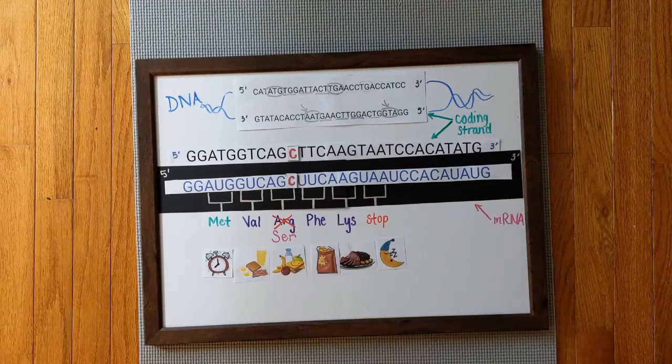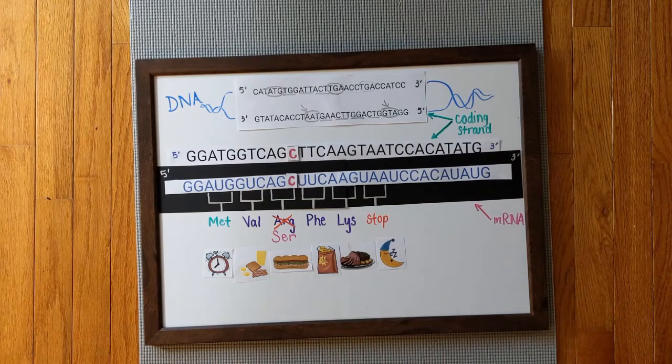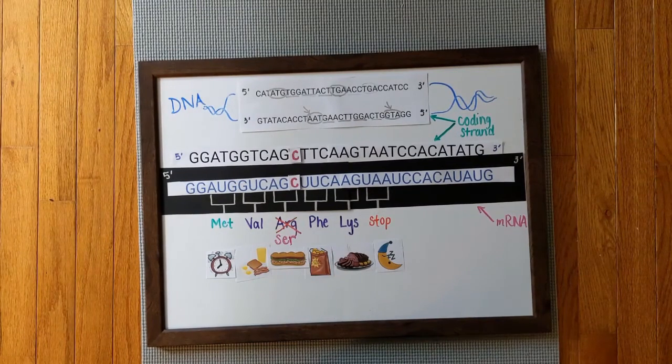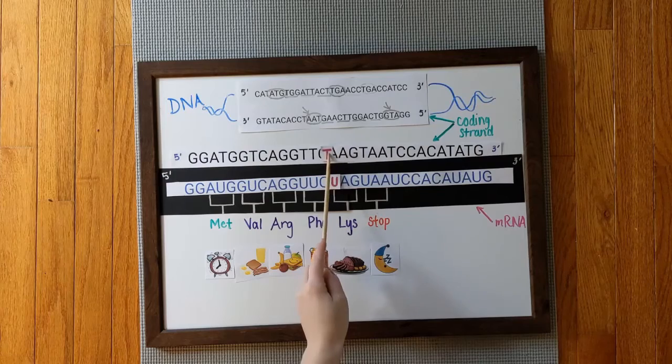That being said, in our meal representation, we can see that this will no longer encode for the normal lunch that we were looking for. Instead, it encodes for the lunch that we no longer like. This ruins our whole day and causes us to become non-functional. Because this transversion of a G to a C causes the amino acid to change, this is called a missense point mutation. The next point mutation we will be looking at involves the transversion of this A to a T,